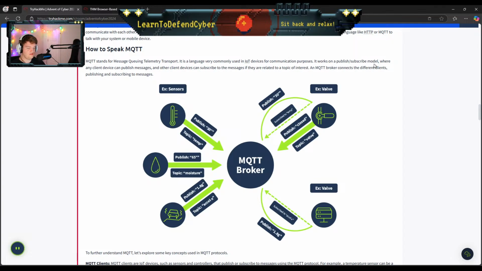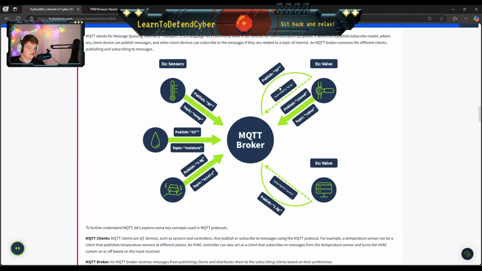It works on the publish-subscribe model, where any client can publish messages, and client devices can subscribe to the messages if they are related to a topic of interest. An MQTT broker connects the different clients, publishing and subscribing the messages, and we have a nice little graphic here.